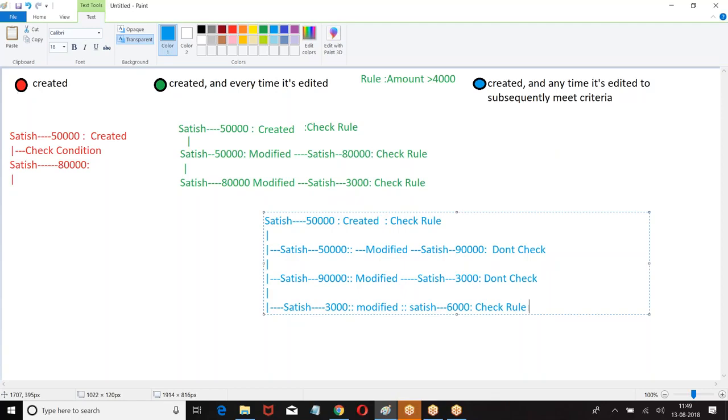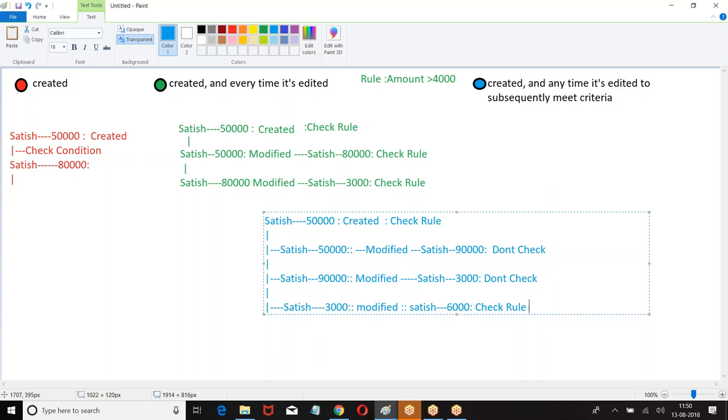Second one is when any one of the records which is not meeting the criteria is modified, then check the rule. If the record is already meeting a criteria, if you modify, don't check. If the record is not meeting the criteria, if I modify, check it. I hope you got my point.